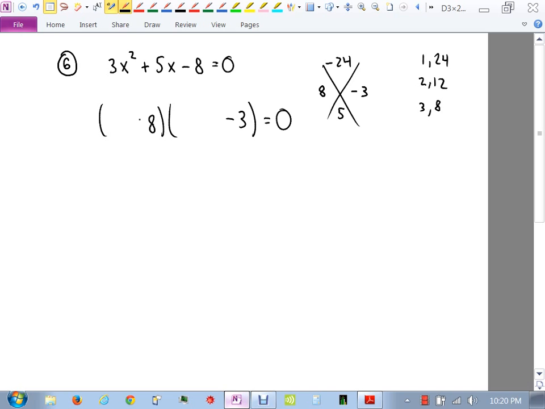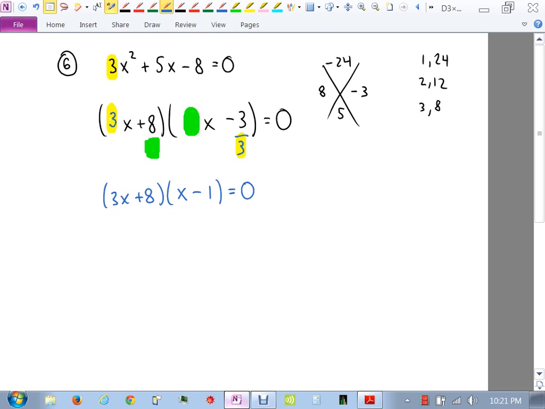I put my plus here because it was positive 8, x in front, x in front. Then I take my 3 here, I put it in front and underneath. So what would work better would be for me to put it in front of the x here and then underneath the 3, because 3 will divide into 3. So I'll choose to put my 3 here, divide by 3 here. So I'll have 3x plus 8 times just x minus 3 over 3 is 1